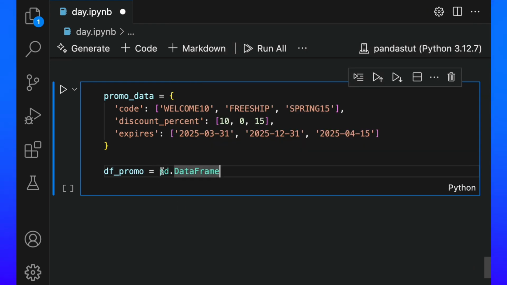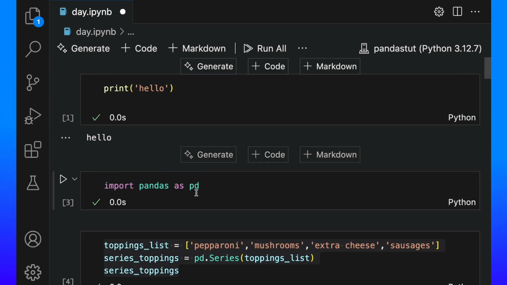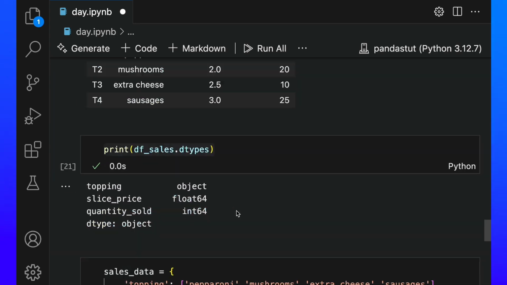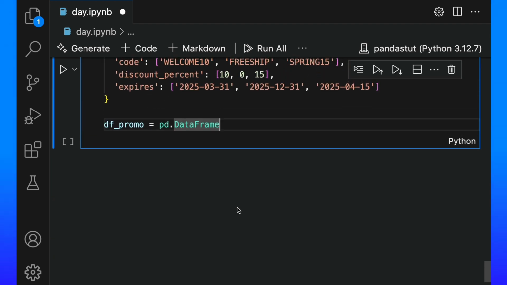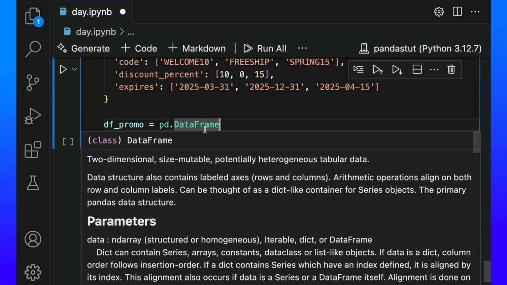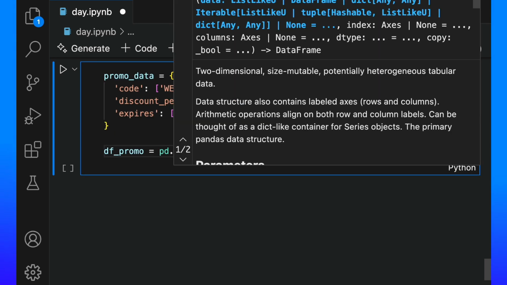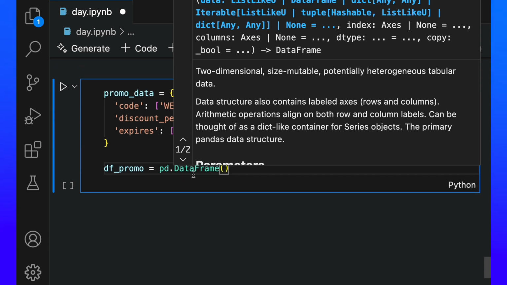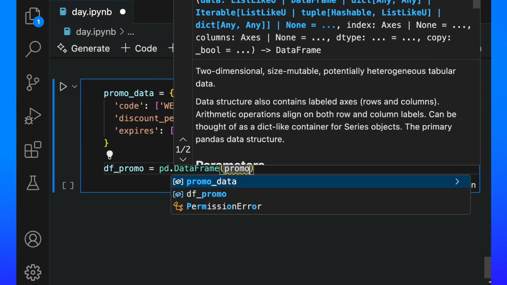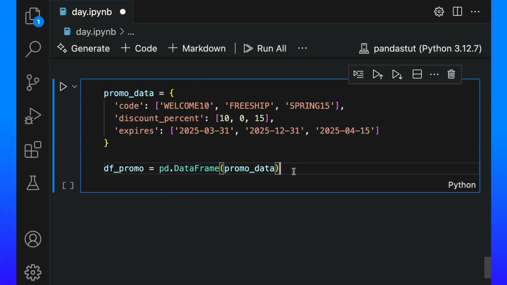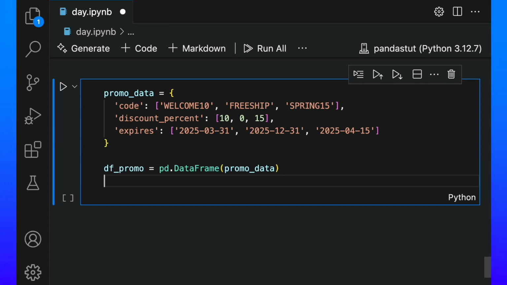And again, remember, pd is how we imported Pandas over here: import pandas as pd. That's why we have to use pd.DataFrame, because DataFrame is something that is provided by Pandas. So pd.DataFrame, and then we'll have to pass in the data, which is the promo data over here. Let's say promo_data. All right, so pd.DataFrame(promo_data), and then let's also write df_promo